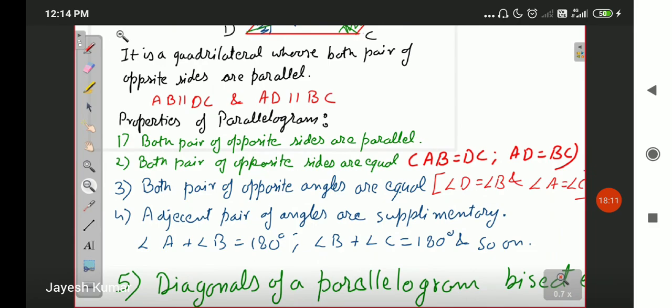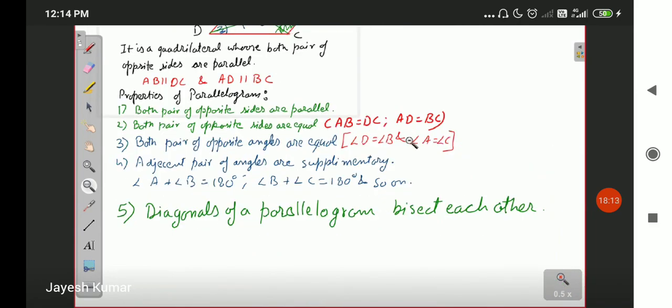So in this manner you have 5 properties of parallelogram. Do learn them. These are very important properties. If you do not learn them, you will be unable to do any of the questions in this chapter. And quite frankly, all your geometry just depends upon the properties and theorems of the geometric figures. If you do not know the properties and theorems of the geometric figures, if you do not know the correct terms, you will be unable to do the questions correctly. Okay, so this is all for parallelogram.